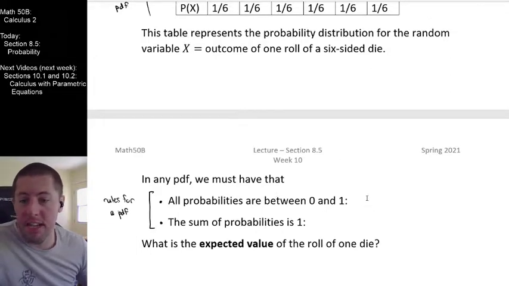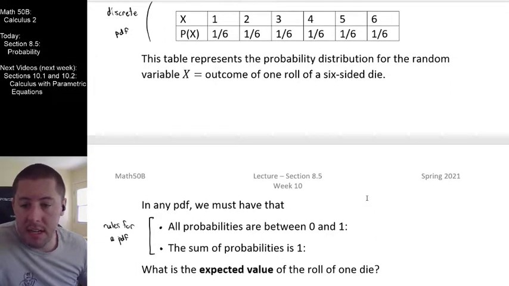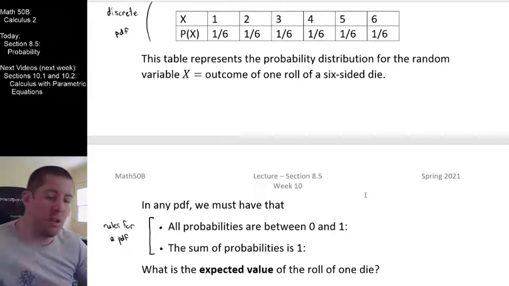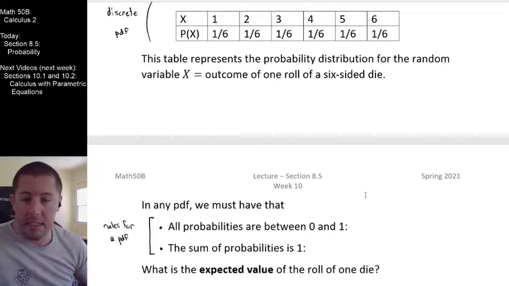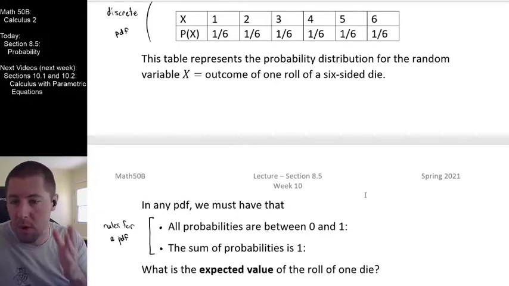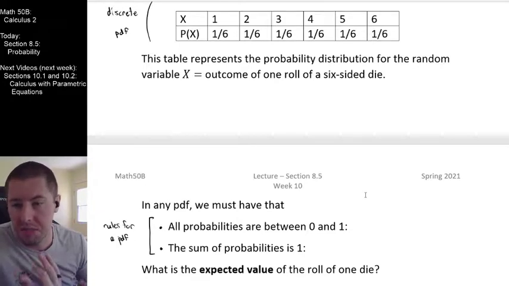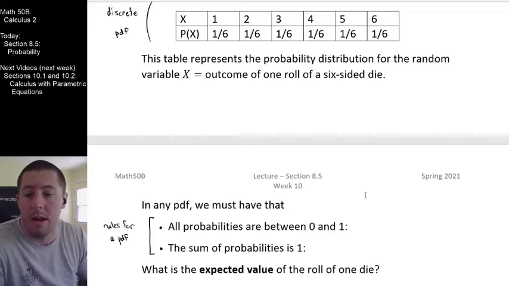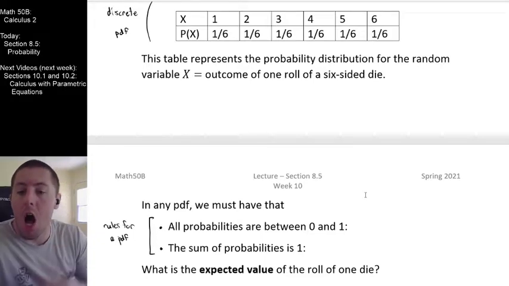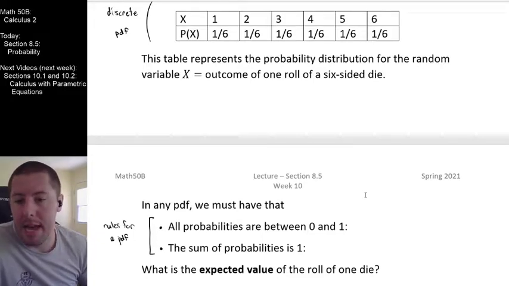This makes a whole bunch of sense to us. There's no such thing as a negative 20% chance of something happening. There's no such thing as a 120% chance of something happening. Every probability needs to be between 0% chance of occurring and a 100% chance of occurring. That's a really basic thing. The other thing is that the sum of all probabilities needs to be equal to 1. All this is really saying is all possible outcomes must be accounted for.